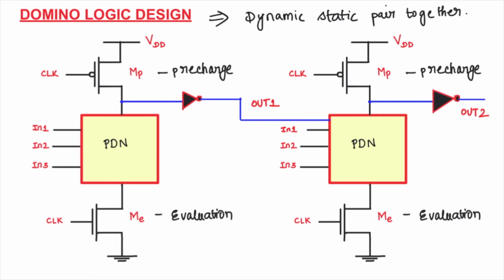Now let us substitute the values for the clock. Let the clock be 0. Substitute clock 0 everywhere in the circuit, and we know very well that the PMOS transistor will turn on for a low input. So the pre-charge transistor will be turning on. All these NMOS evaluation transistors will remain in the off state, so no pull-down logic is enabled here, since we are only in the pre-charge phase. Therefore the output at this particular PMOS transistor will be pre-charged to VDD.